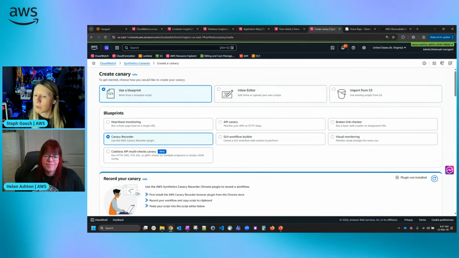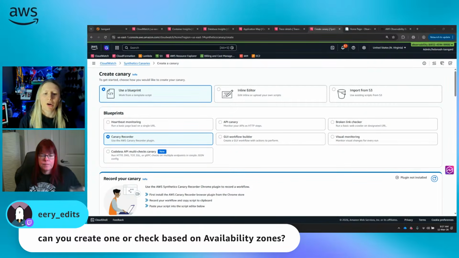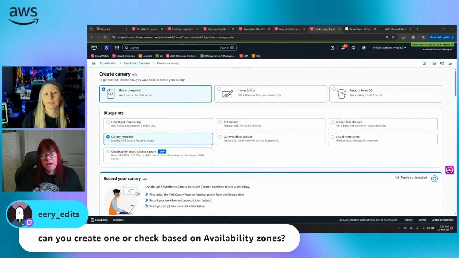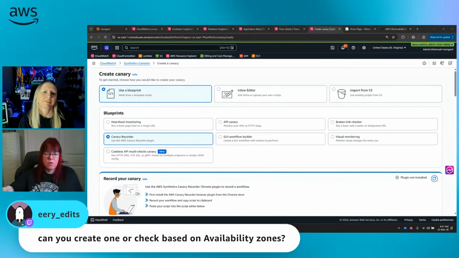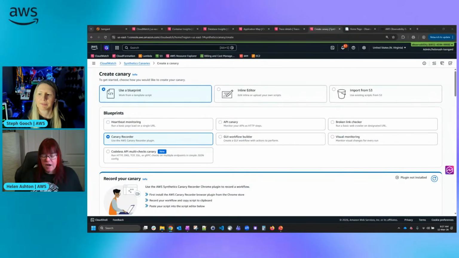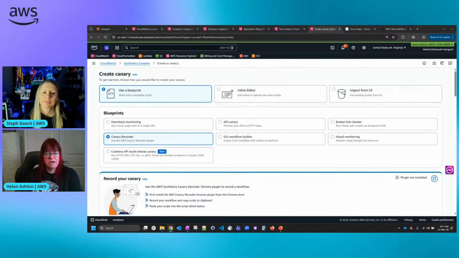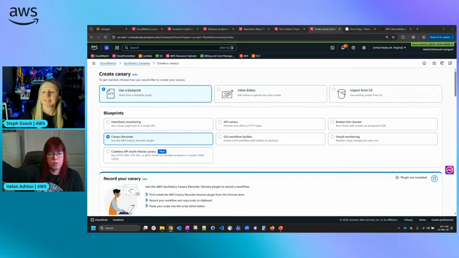A couple more questions. Can you create a canary or check based on availability zones? Remember I said that these canaries are based on checking something in a URL. Because you don't have control over what's happening behind the scenes, the answer to that one is no. But I think where you're coming from is that there are definitely some tools out there that let you say, my core application is here, and I want to check from here, is that other application working?